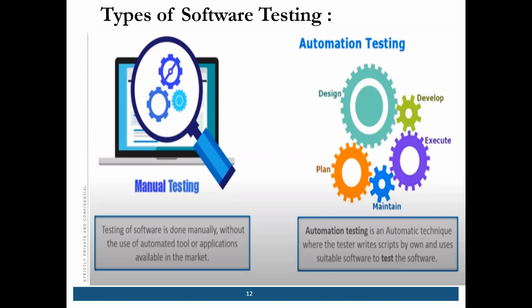Automation testing is basically done in regression testing, and in the initial steps we don't use automation testing. Why? Because in the initial step we are not very sure whether this system or application is stable or not. Basically, when it is stable and we have to execute it again and again, that is regression testing. So at that time you design your test cases in automation and then you do the testing. Okay.